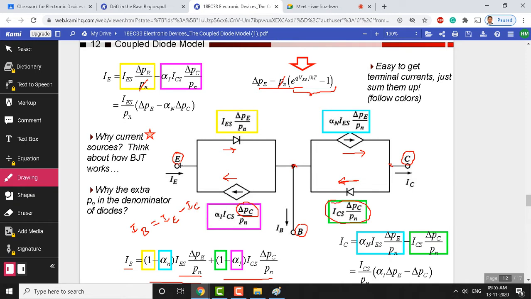So, this represents, as I told you, a BJT. A BJT should allow movement of current in both directions, from emitter to collector in normal mode and collector to emitter in the inverted mode. So, that is why this model is an accurate representation of the BJT here.